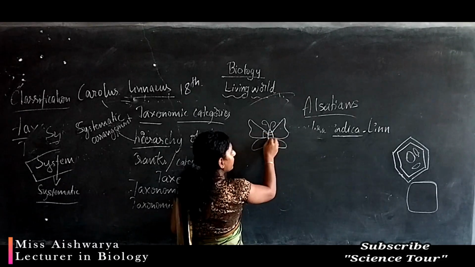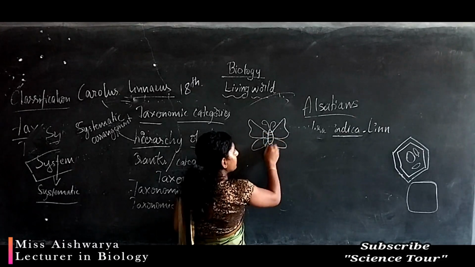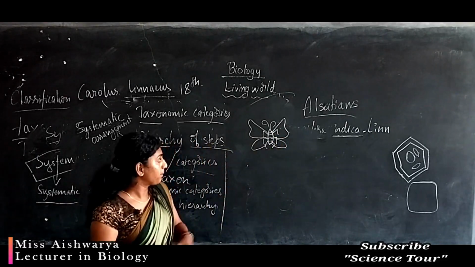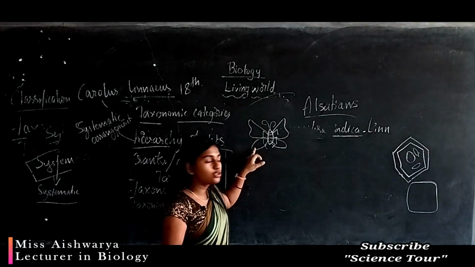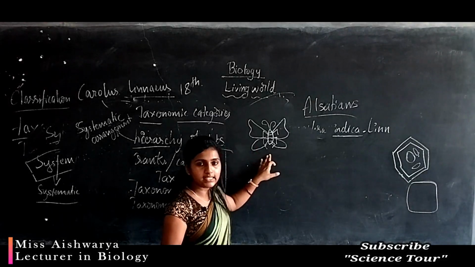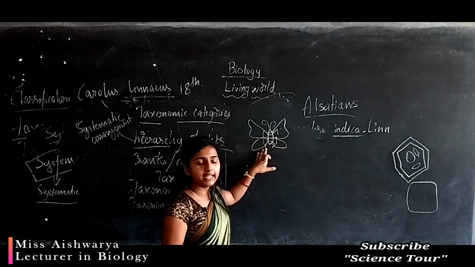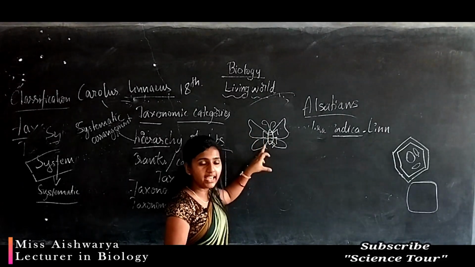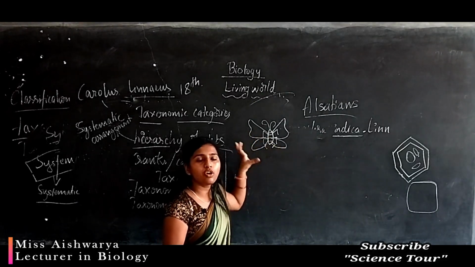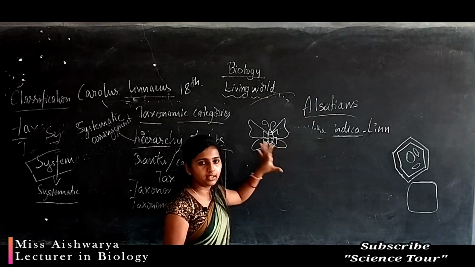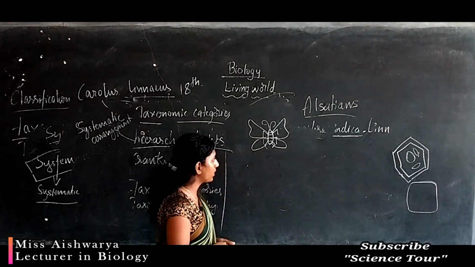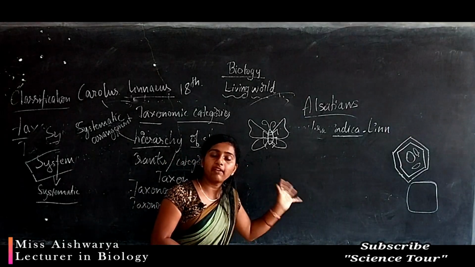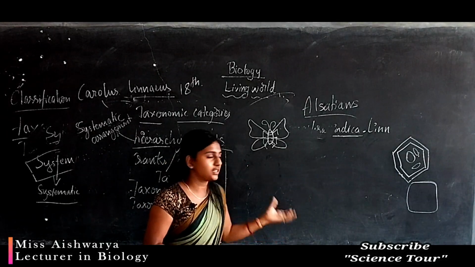So each butterfly contains 3 pair of jointed legs. Usually the butterfly or the insect contains 3 pair of jointed legs, and the organism containing 3 pair of jointed legs is categorized or grouped into an insect. That insect group may have many types of insects.